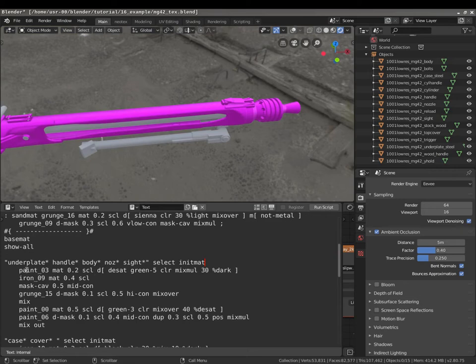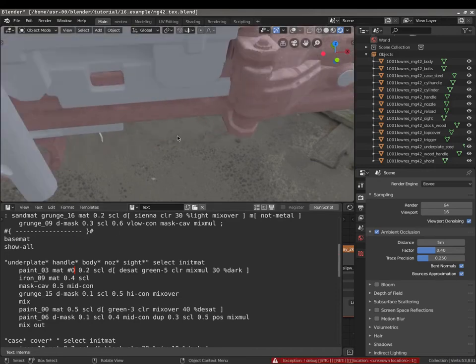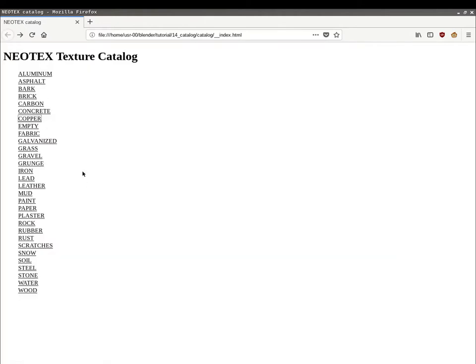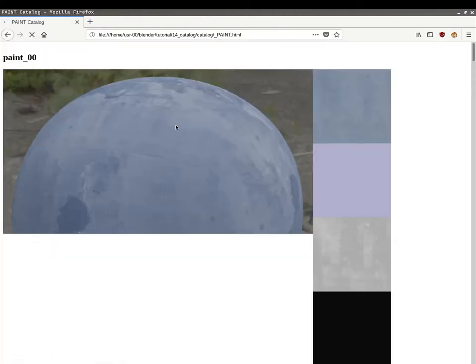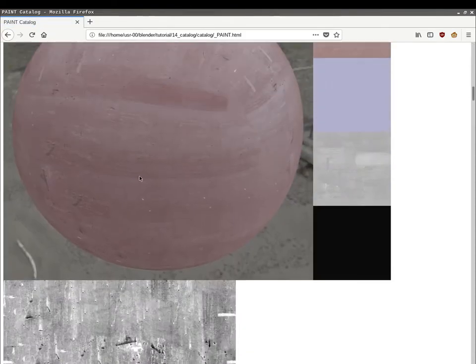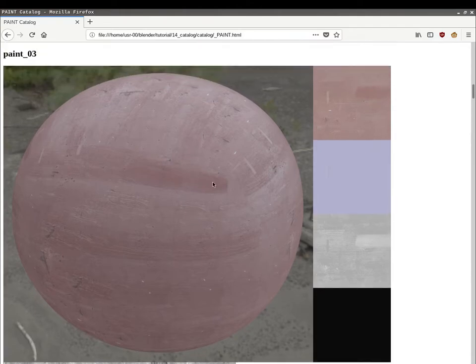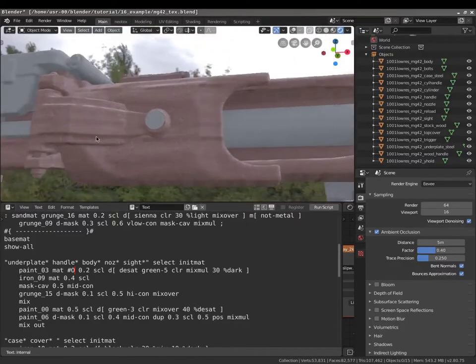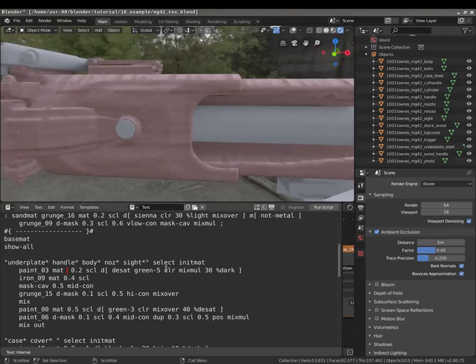So let's see, the first material is this paint 03. Let me just see a preview, and it's a red paint, and if we find it here in our catalog, we can see that paint 03, it's this one. It looks like a brushed paint, so that will be a very nice painted look, but it's red, not the